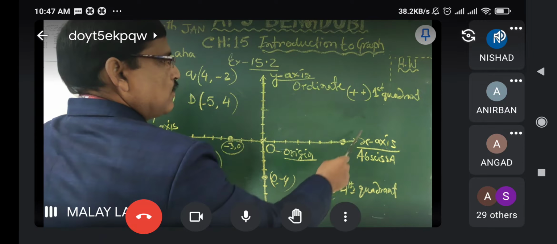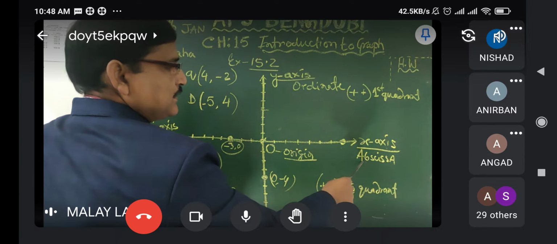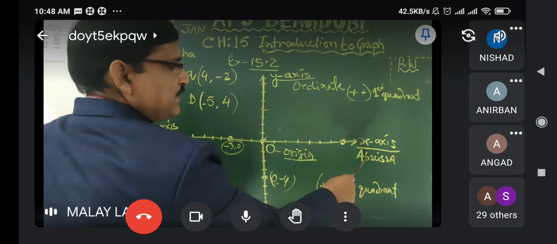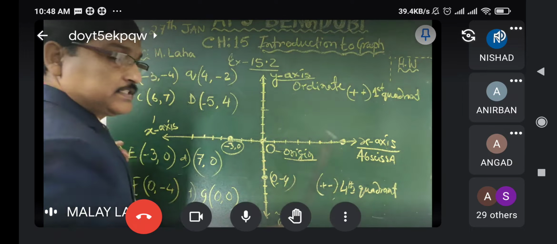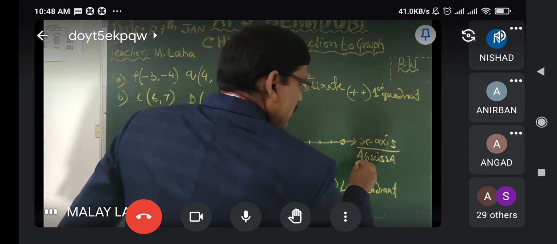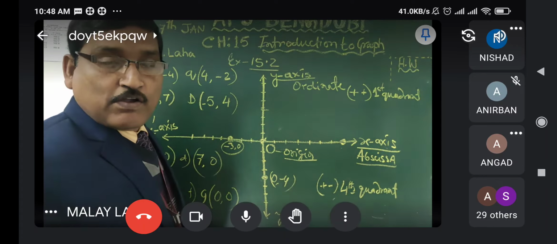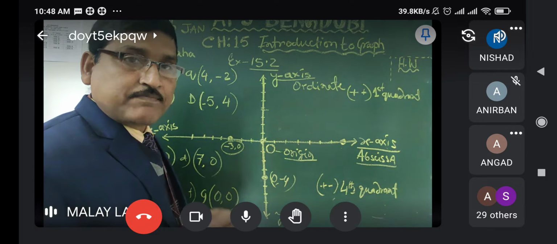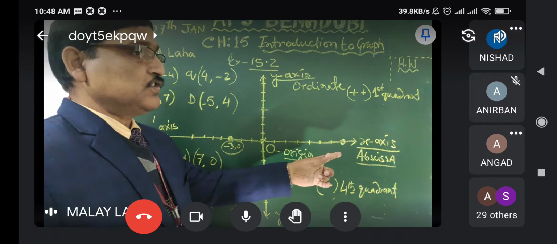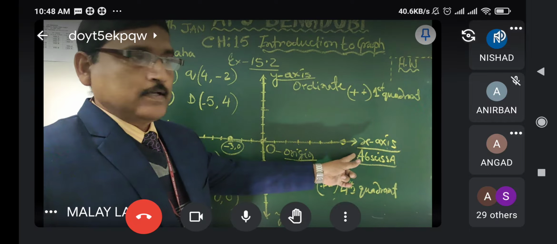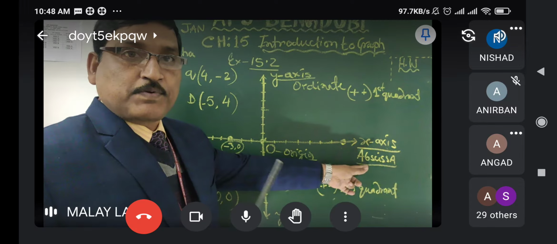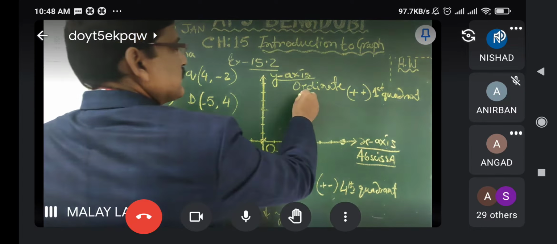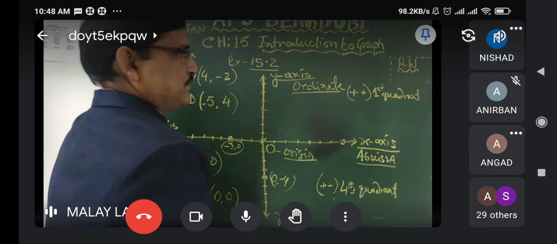Okay? Now, the name of the x-axis is called abscissa. ABSCISSA. This type of question is for MCQ. I will say an MCQ question: the x-axis is also called as dash. Abscissa. Please note down, because there is sometimes a question from this in the classroom. And the y-axis is called ordinate.